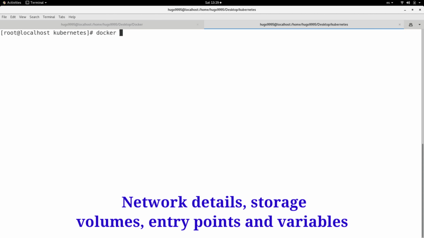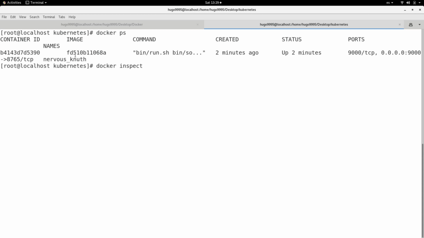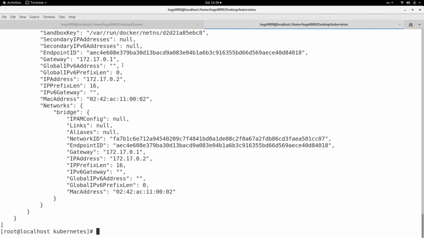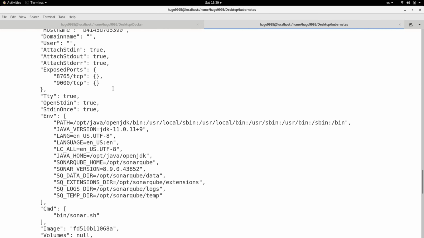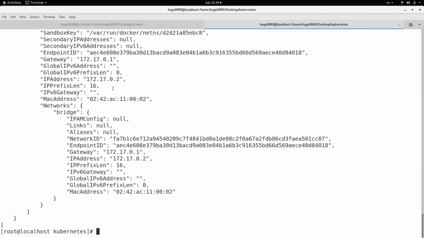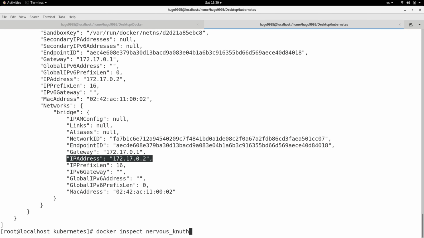So how can you retrieve those details? For that, you can use Docker inspect. I'm going to put the container name, and here as you can see, you will see a lot of details. But for instance, if you focus on the container's IP address,